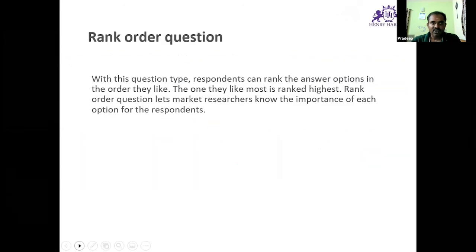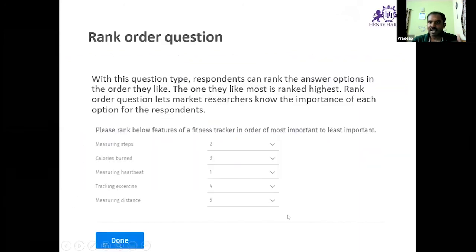You can have rank order questions. For example, when it comes to work satisfaction, you can rank the behavior of your bosses as number one. For some people, salary is very important. Whatever the behavior of your bosses, they may abuse you or insult your family, but if you get the salary, nothing else matters. Am I right or not? So we can have some kind of ranking.